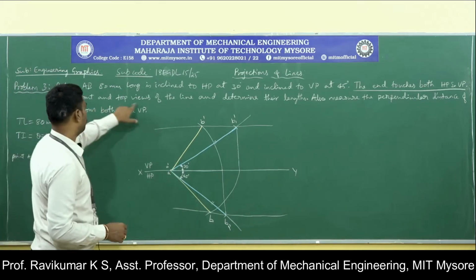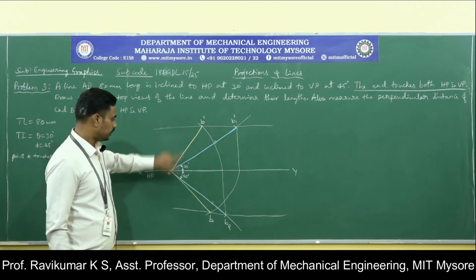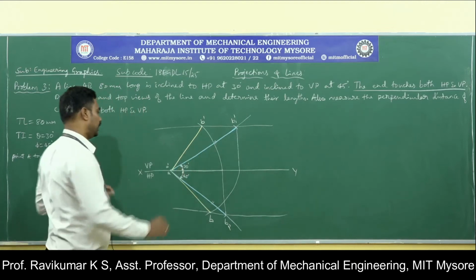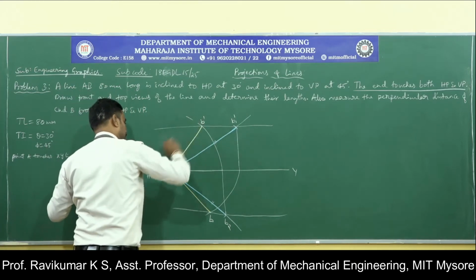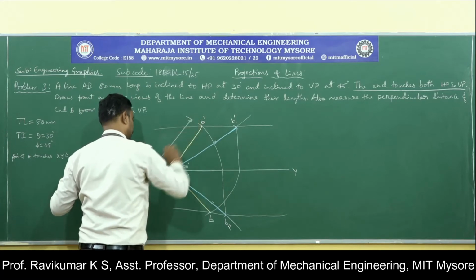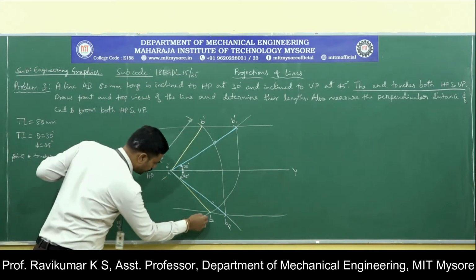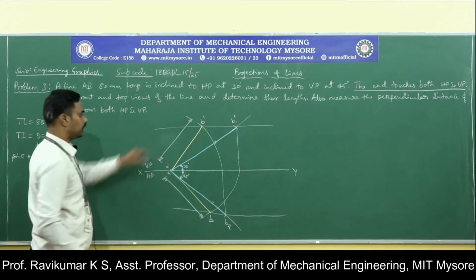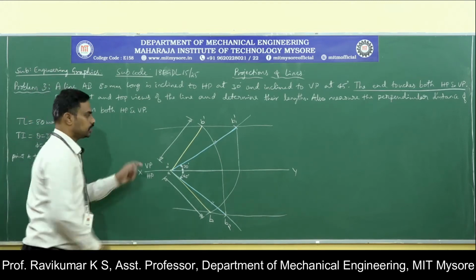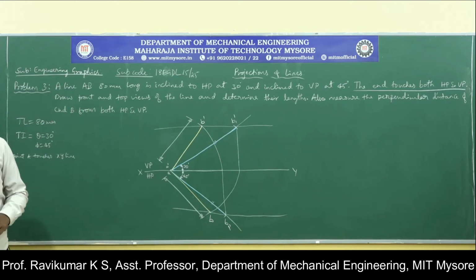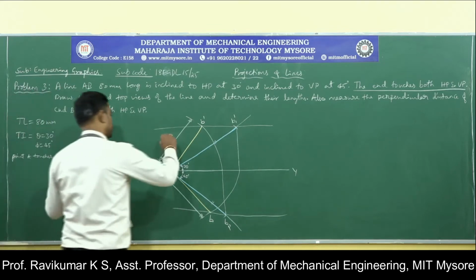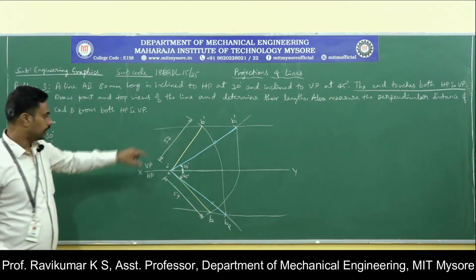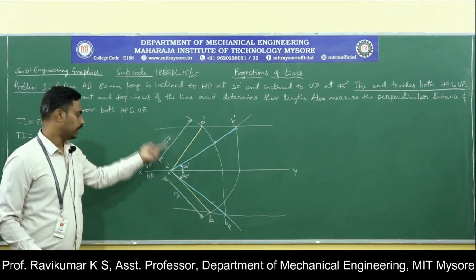Here, draw the top and front views of the line. It is over. We have drawn the top and front views of the line and now we need to determine their lengths. So I need to determine the length of the apparent length line in the top view as well as in the front view. In the solution book, the lengths are given as 57 and 69. This is 57, and this is 69. So if you draw it to scale, you will get 57 in the front view and 69